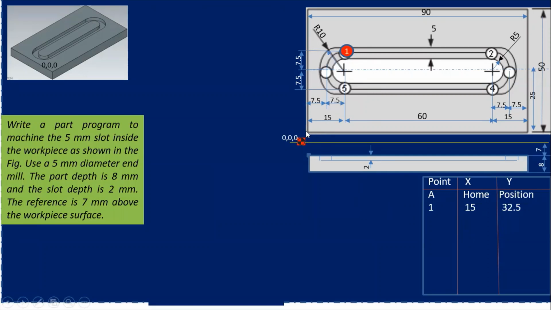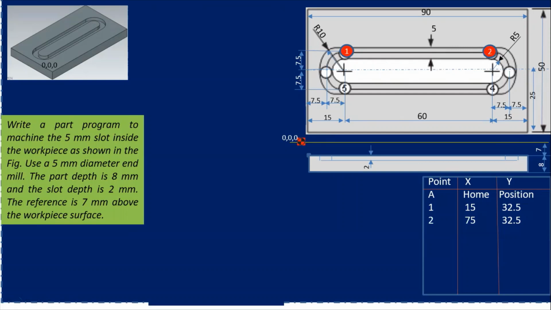Along the y, now I need the distance from here because we are using the absolute system. So naturally, with reference to the endpoint, we are considering. From this position, how am I getting the 32? You can see here, from here to here the distance is 25. So I get 25 plus 7.5, and I will get 32.5 along the y-axis. That is the first thing.